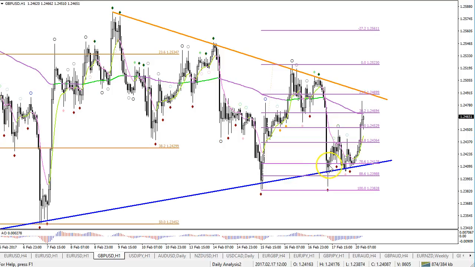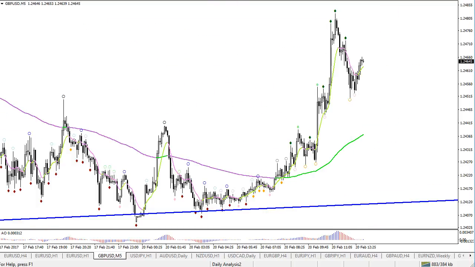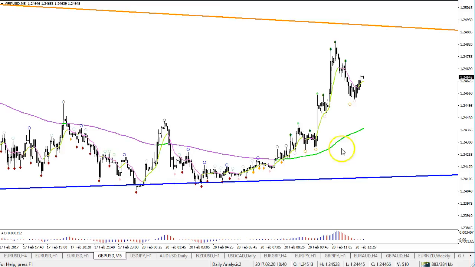But I also see basically 3-wave support here, a 3-wave correction, back to support. And therefore, I think that this time it could finally break. I think that this correction is finished, and there's a good chance of that. And I think that price might stall here at the trend line, but eventually break. So what would that look like? On a 15-minute chart, or 5-minute chart even, what I think could happen is, because you can see the momentum already in the market at this moment, I think that there could be a break of this top,